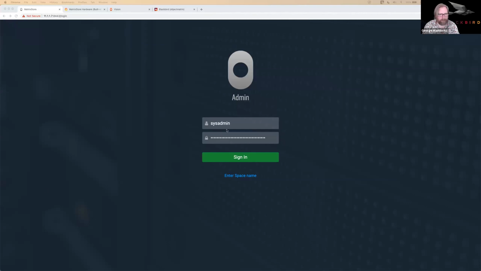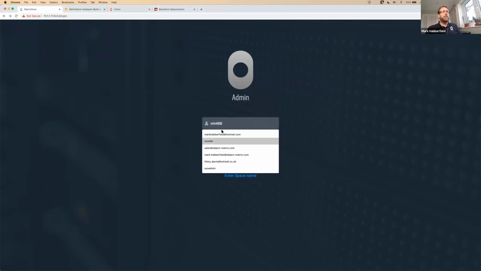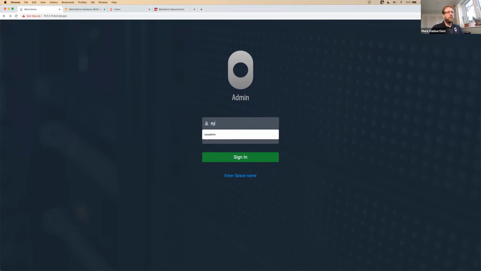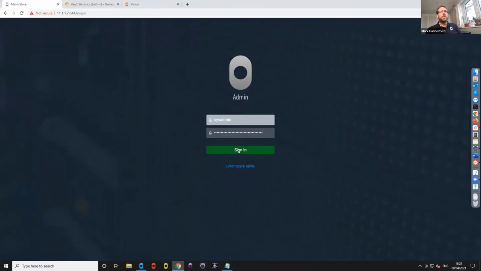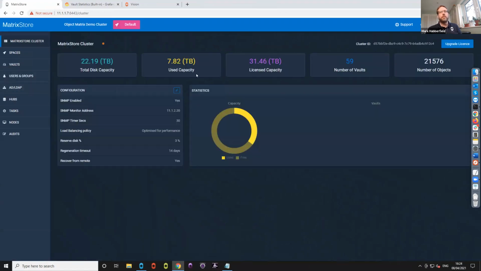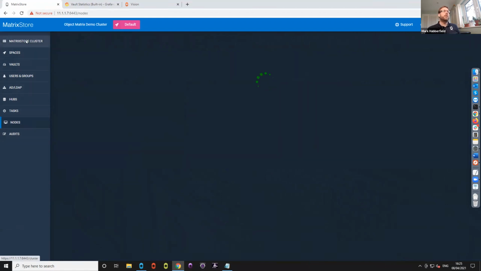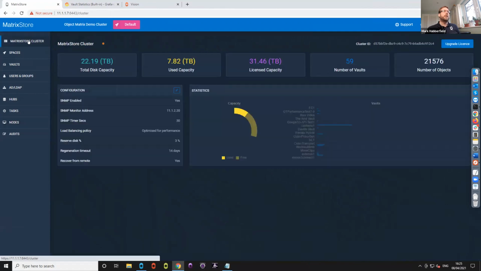So, the MatrixStore is a clustered storage. You need a way to administer that, and this is our administration tool. Of course, you can administer it from anywhere, and that includes looking at audits, everything within the MatrixStore being fully audited. We've got the ability to look at the nodes, and within the MatrixStore cluster itself, we can see that